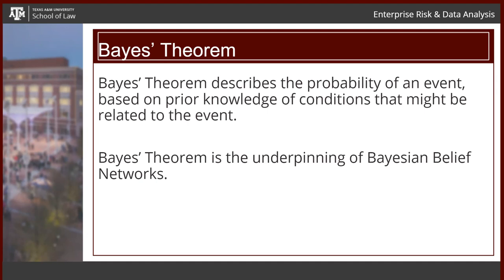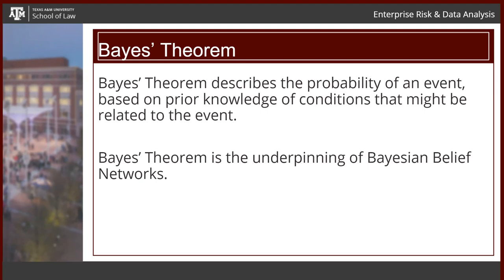So I say, what's the probability I'm going to have lunch today? And then my second node would be, if I have lunch, I'm going to go to Applebee's, or I'm going to go to Johnny Carino's, or I'm going to get barbecue or something. So it's probabilities built on probabilities.